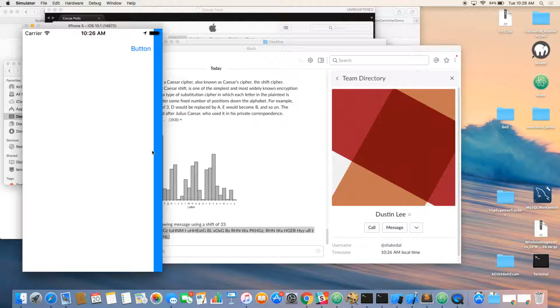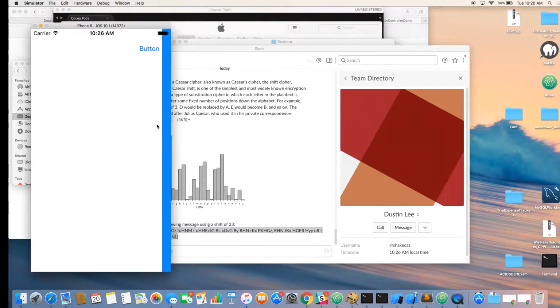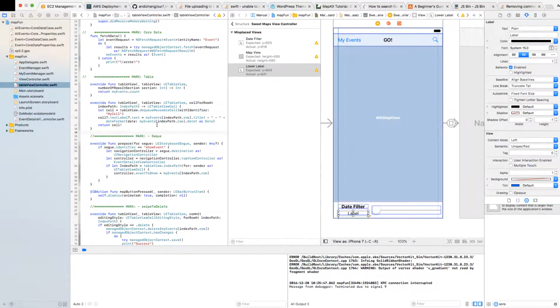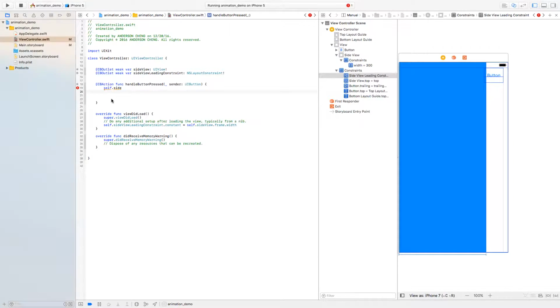Oh, you see what happened? The reason why it's shifted to the right and not to the left is because it's positive. I need to make that value negative. So I need to make this guy a negative value for it to go left to hide itself. Okay? So let's say when I do click the button, I want the